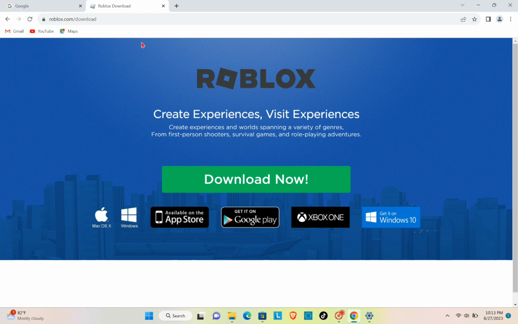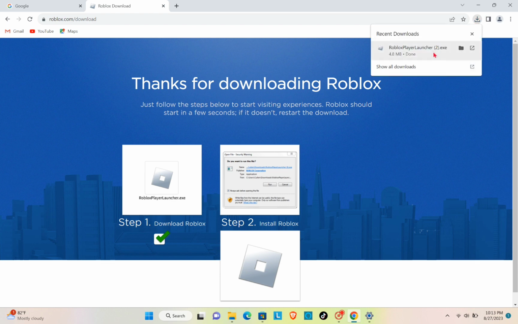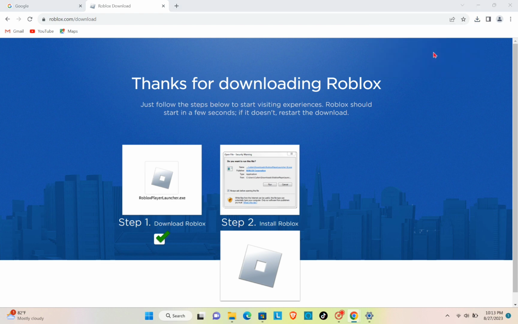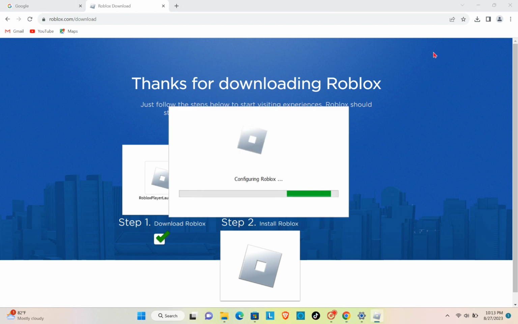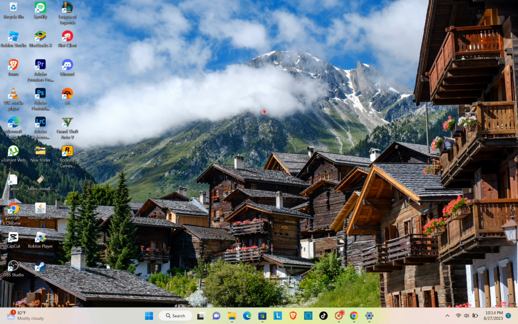So to do that, just open your web browser and then type out roblox.com/download. Okay, and then you will just have to click on the download and then install the application. So you will just have to wait for a few seconds. Okay, so right after installing your new version of Roblox, the other thing that you can do now is to